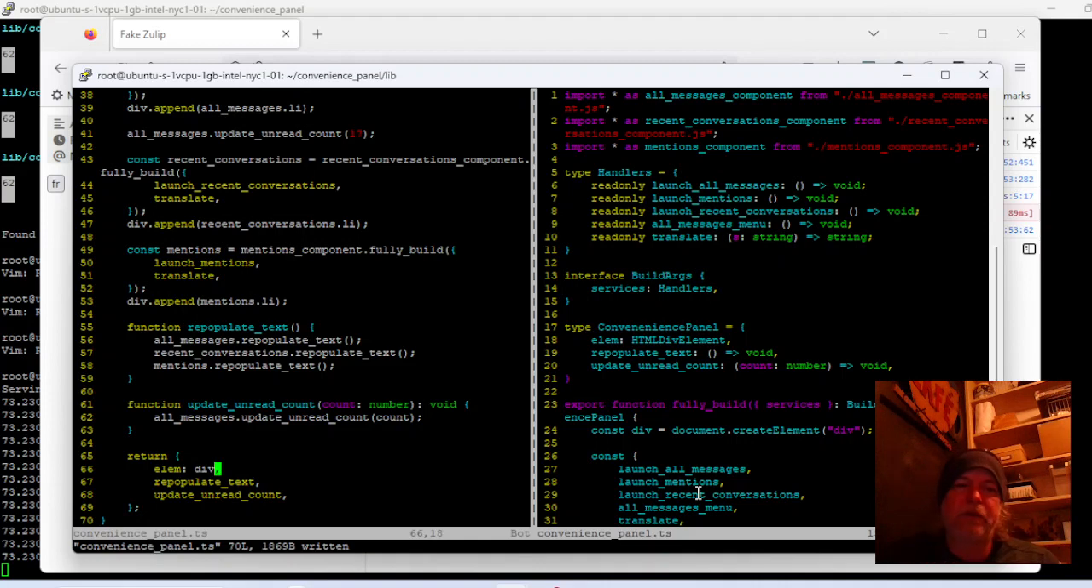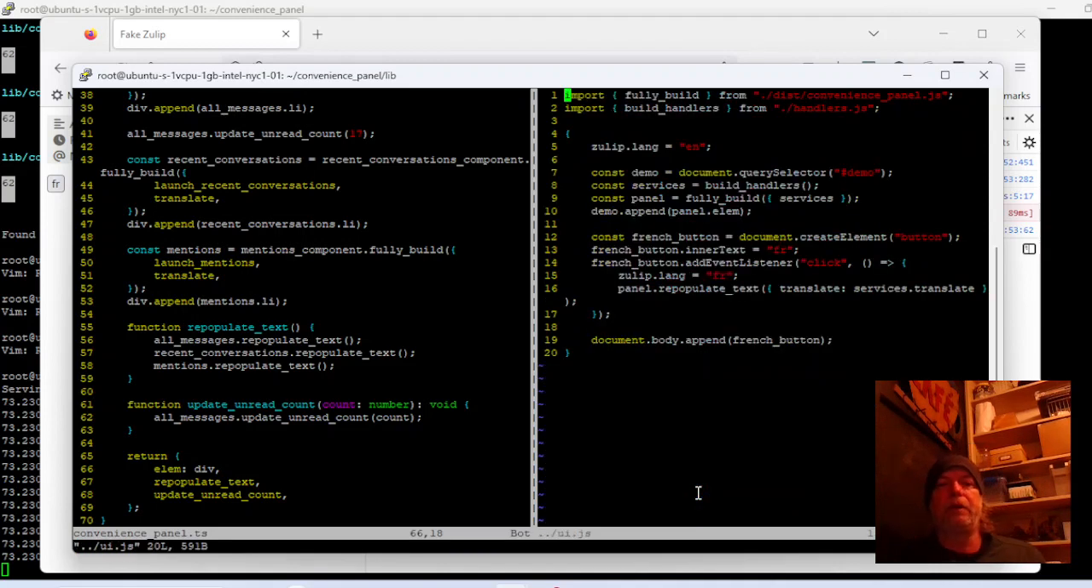Convenience panel is used by a file called ui.js that is not part of the component I'm building. It's part of my sort of way of manually testing. And it's going to be in the directory above this. And it's still in pure JavaScript. And when I get back the convenience panel from calling fully build, I should be able to say panel